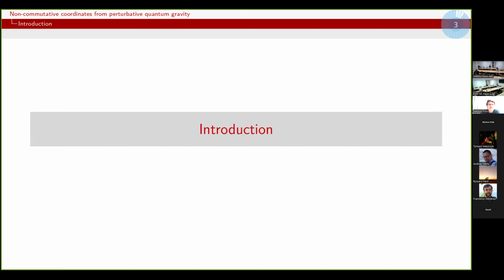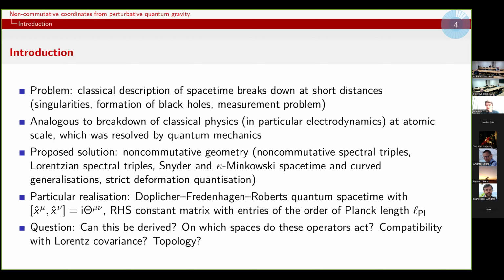So let's start with the introduction. What is the physical problem? Well, we all know GR, general relativity, or in the mathematical framework, differential geometry, describes spacetime at a classical level as a manifold with a metric and differentiable structure. But this is expected to break down at short distances. Well, first of all, we know already in classical GR there are black holes. These are solutions of the theory with a singularity at their center, so a point where quantities become infinite,